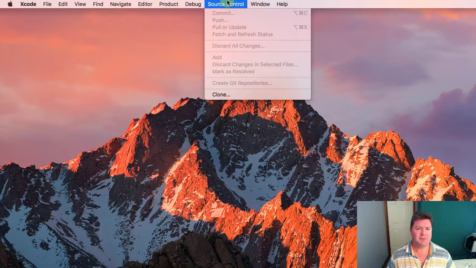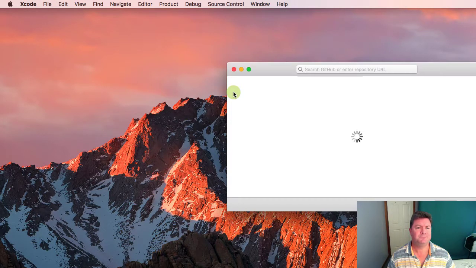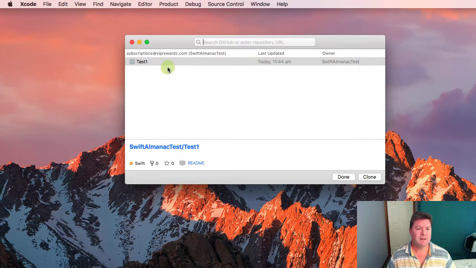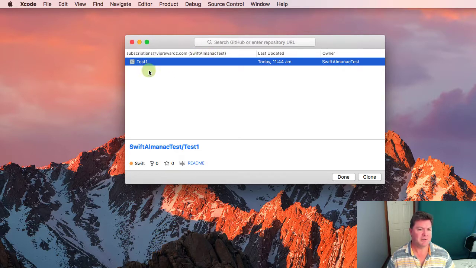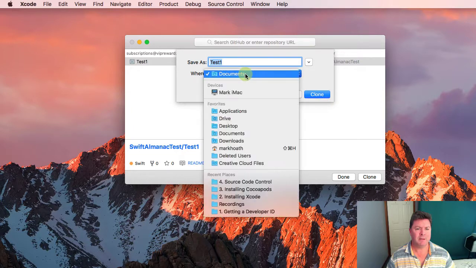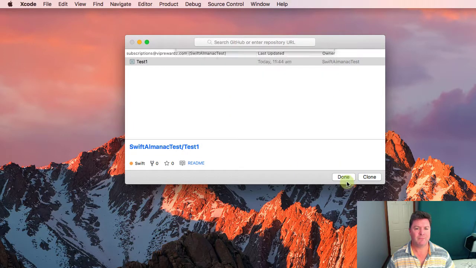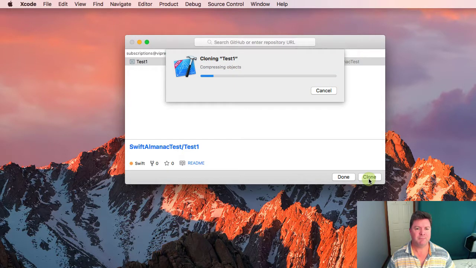So basically, under source control, we can go clone, and because we're logged in as Swift Almanac Test, it'll list all the repositories, and if we're members of other organizations, like if you join the Swift Almanac organization, you'll be able to access our repositories. So basically just clone that, and it will download it to the desktop